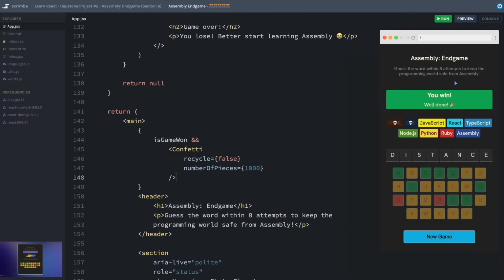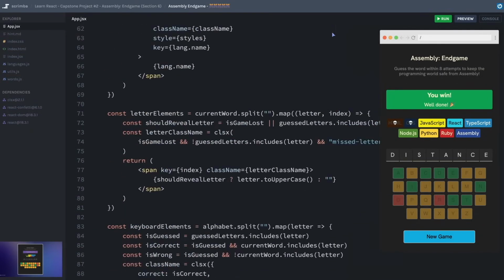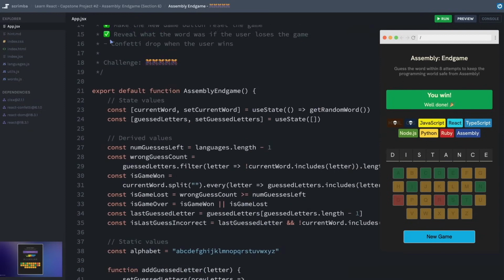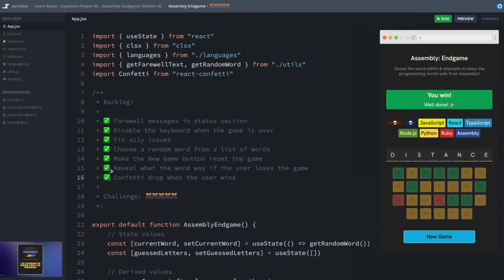What a celebration. I guess you'll just have to hit refresh and play the game for yourself. Now, surely there are other improvements we can make to this game, but before we jump into a recap of everything that we did with this game, I want you to take a second and just look at this code base. This is a hefty code base. Let me go ahead and check this off too.